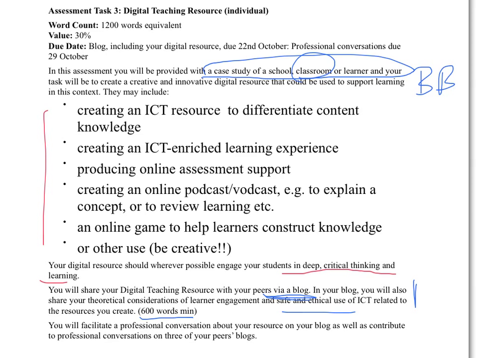The other part of the assignment is all due by the 22nd of October. But there's a second part to it. There's always a second part to it with Nikki's assignments. You need to engage in a professional conversation around that particular blog, around that particular resource. So what I want to see happen is a really high quality professional conversation with all of you of